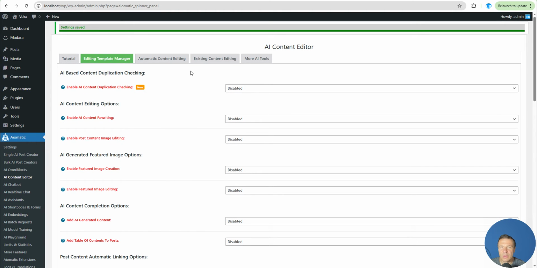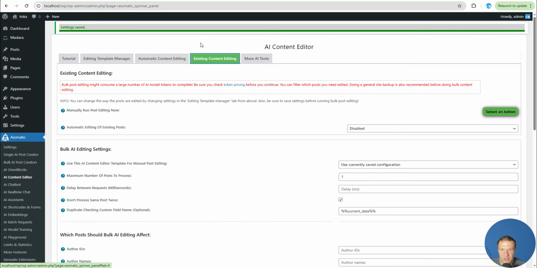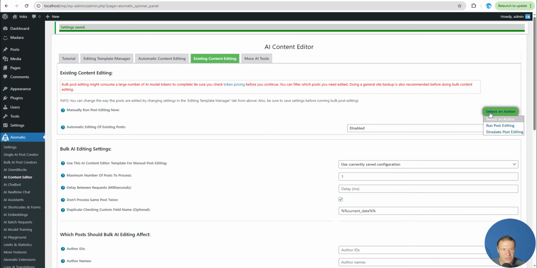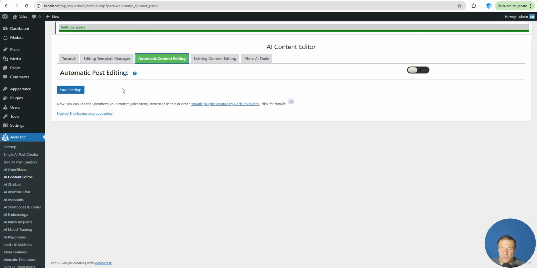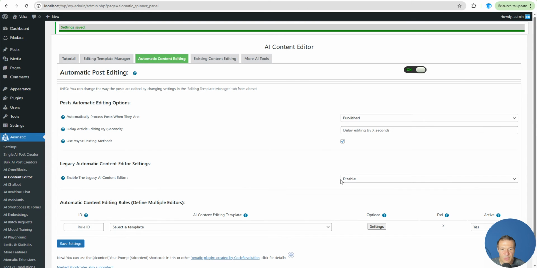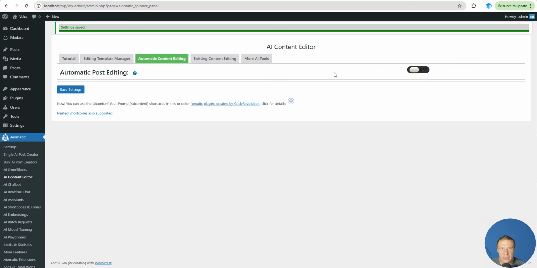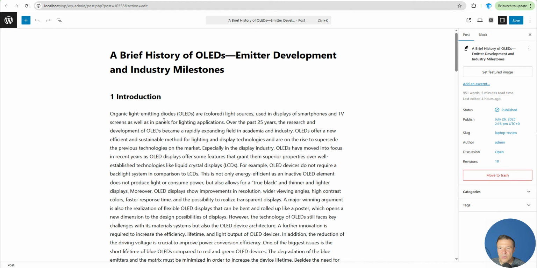If you want to go with automatic processing in bulk, you can go to existing content editing and select here the constraints and run editing from here on multiple posts. If you want to automatically edit newly published posts which come to your site, you can use this part of the plugin, the automatic content editing, or we can go directly in the post editor, in the single post editor,